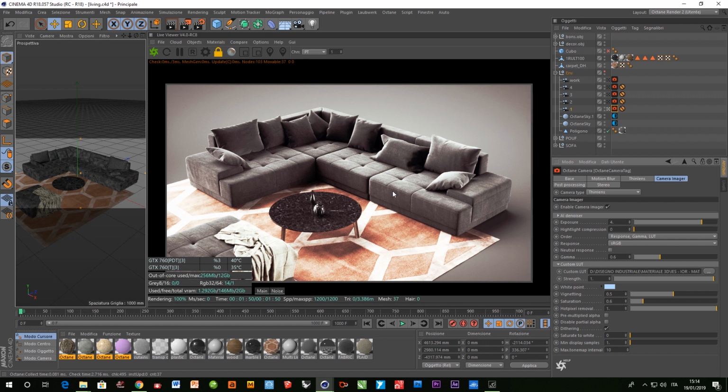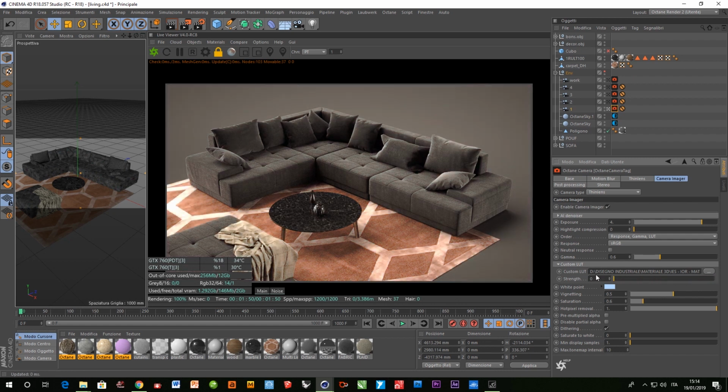I just made a control of the middle tones, which are missing in Octane render, or let's say they are not missing, they are just hard to set up, because you must have a final effect given by the exposure, highlight compression, and gamma, three values all together. It's really difficult to manage in order to achieve this kind of result. So I made the LUTs, which are including all the three values together in one thing that you should